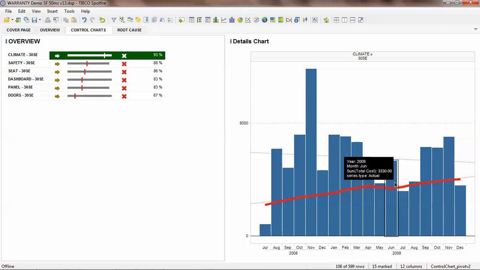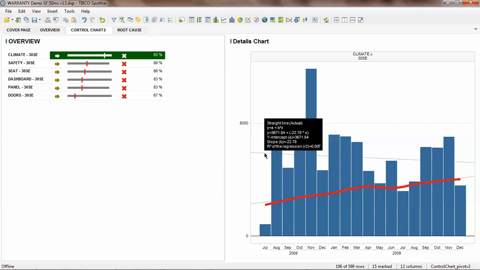The third area, though, that I've set on this chart is a best fit line that is showing the overall trend of warranty claims in this area for this model. Sometimes it's quite difficult looking at a bar chart, or indeed other types of graphs, to try and grasp the overall trend that is happening. And what I can see here is that